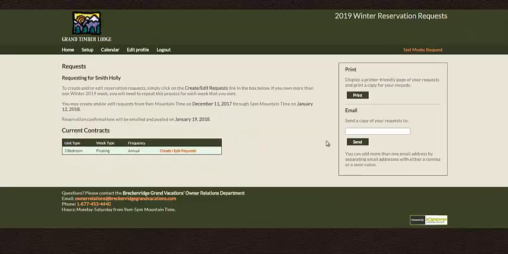Congratulations! You have completed the Grand Timber Lodge annual reservation system. Now you have the option to print your requests or have a copy emailed to yourself. If you have any other additional questions, please contact our Owner Relations Department at